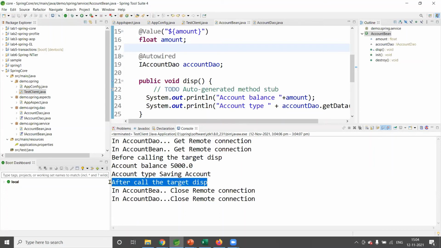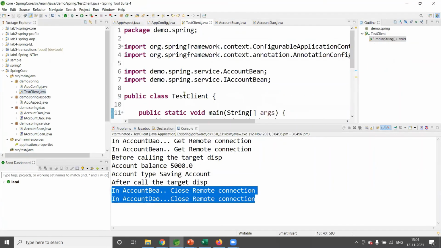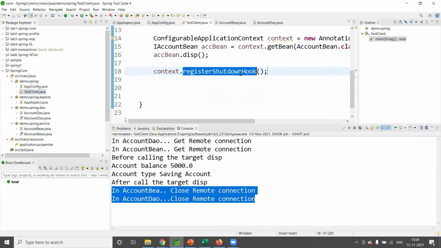And similarly, this is the around advice after the call. Then these two are nothing but the pre-destroy methods, right? Like we have seen post construct, pre-destroy. Before the bean is getting destroyed, these methods are executed. But the only thing is, in the main application, we need to register a shutdown hook for this.